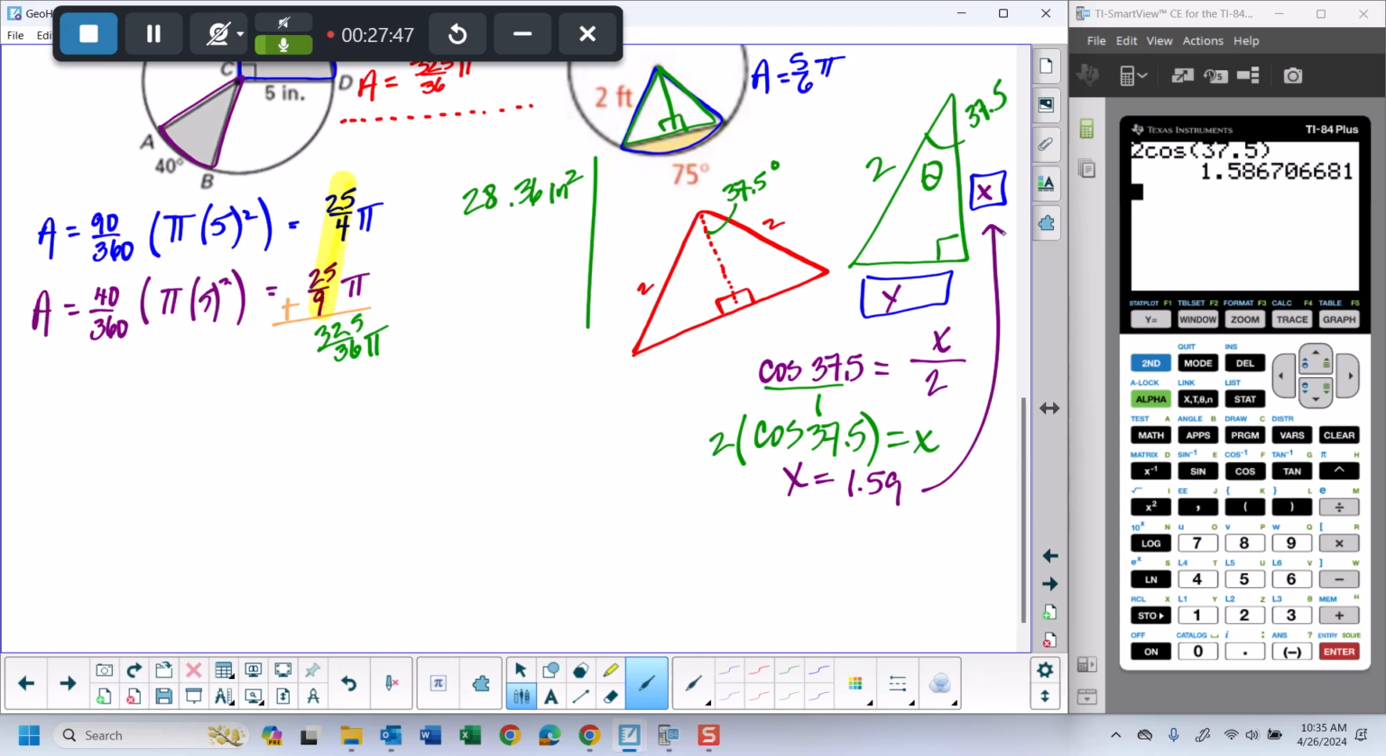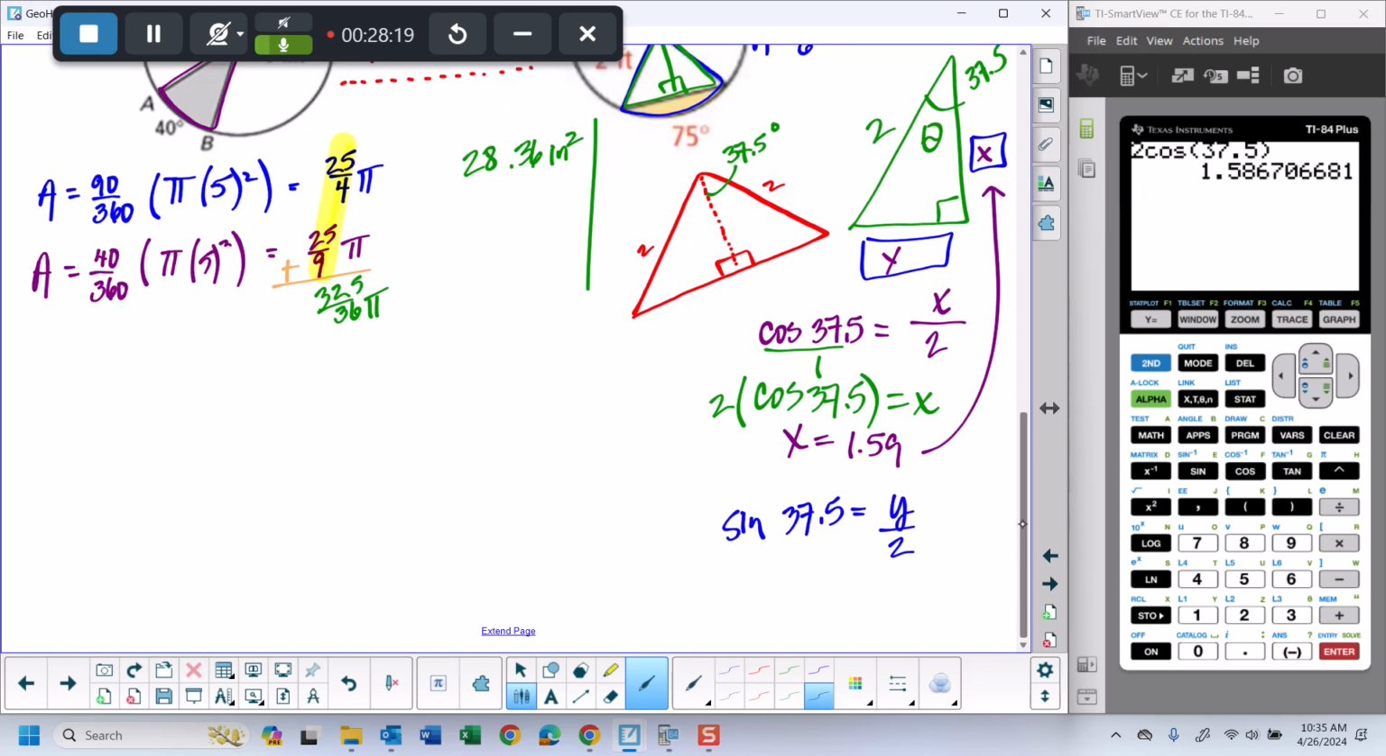Now we have a choice for the next one. We can do Pythagoras, a squared plus b squared equals c squared, because we have 2 of the 3 sides of a right triangle. If you're in the trig mode and you're already doing it, you can continue doing trig. If I wanted to solve for y, what trig ratio am I going to use for theta with y and 2? I'm going to say the sine of a 37.5 degree angle is going to be equal to that y value over my hypotenuse. I'm going to put this over 1 and say 2 times the sine of